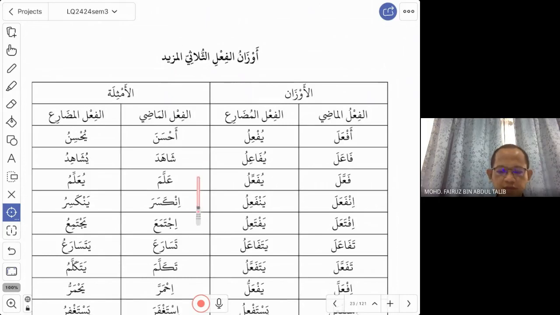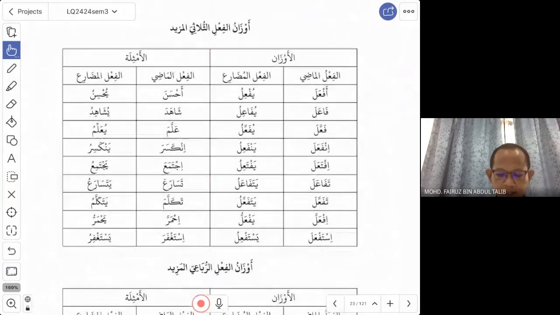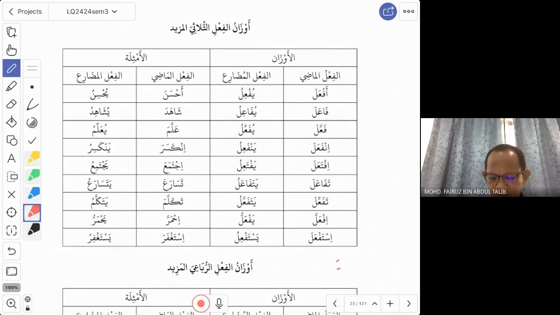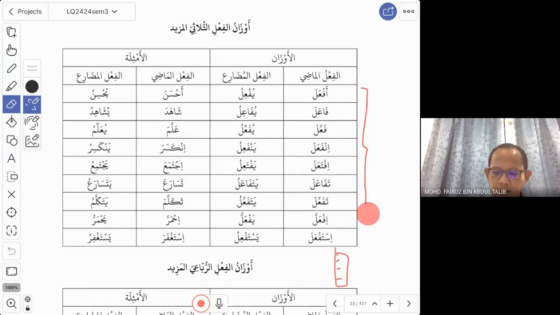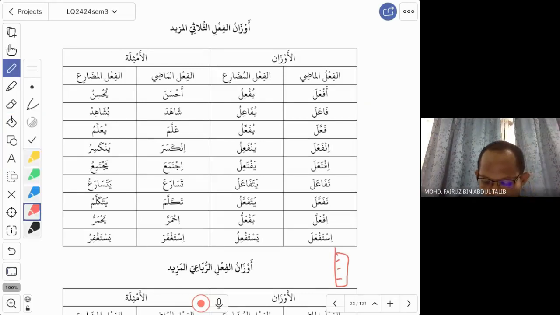Okay, so for awzan fi'l sulasi mazid, the wazan are more than what I have listed here. If not mistaken, I have 3 more, but these 3 are very rare, and therefore we only focus on this. How many I have here? 9. So these are all the wazan that you need to know. And most of the fi'l that you see in Arabic is following this wazan. Okay, here from number 1 to number 3, this is mazid